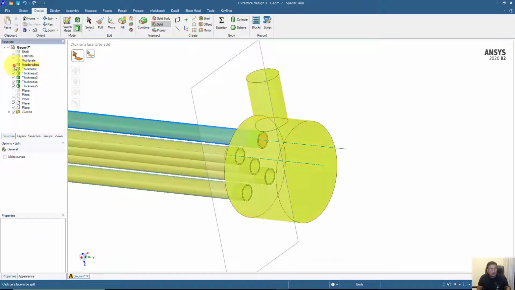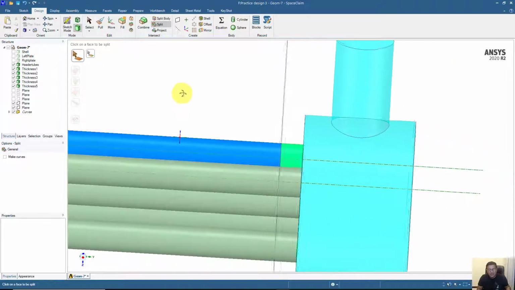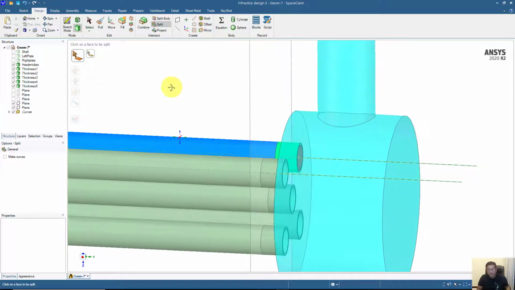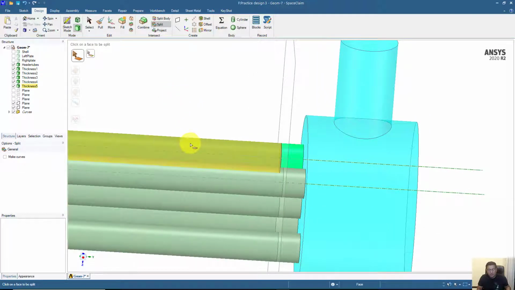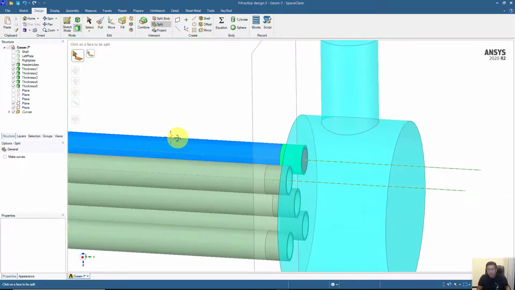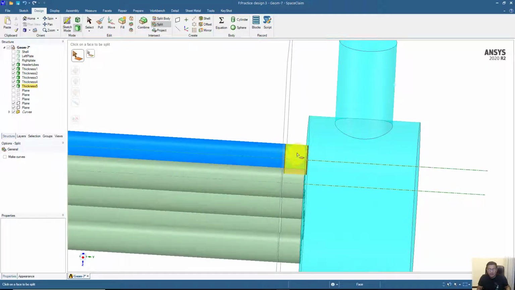Now I just want to see the header part. I guess the heat transfer will only take place on the shell side on these sides, but on the tube side this will go up to the whole body, and I guess these parts will not play any role in the heat transfer.